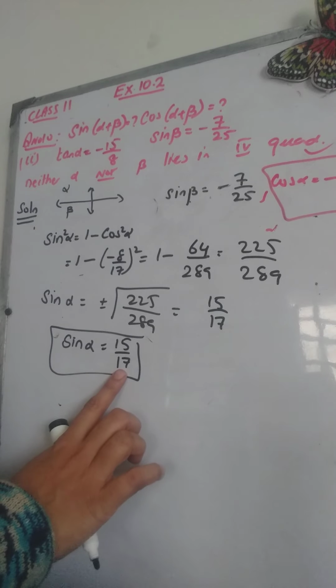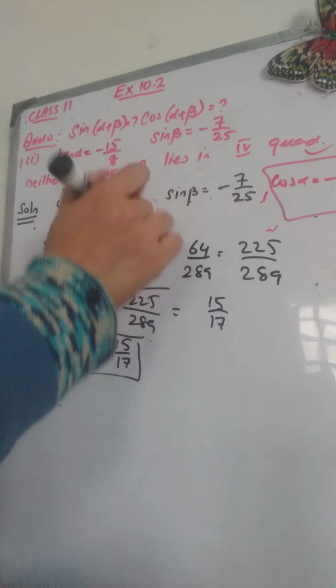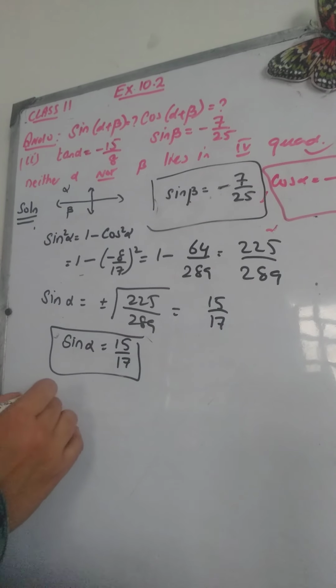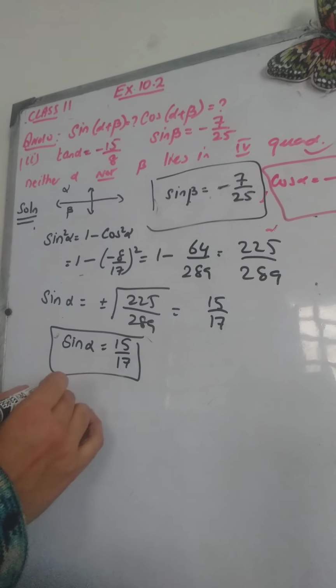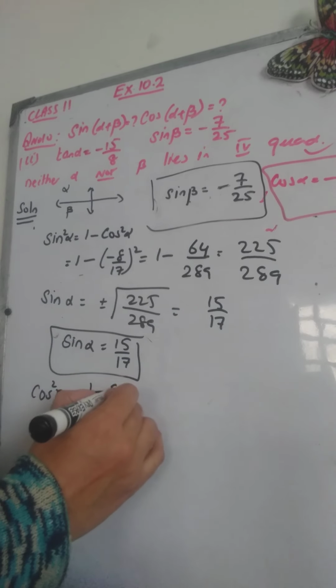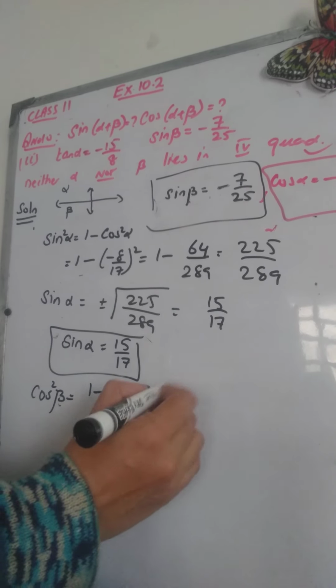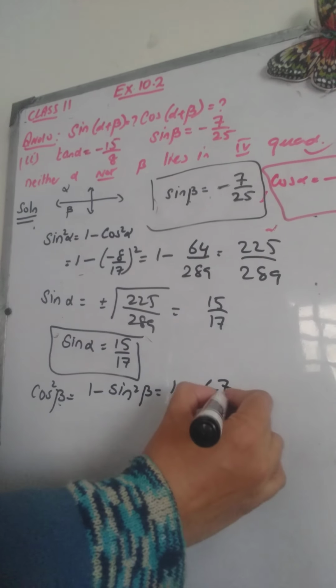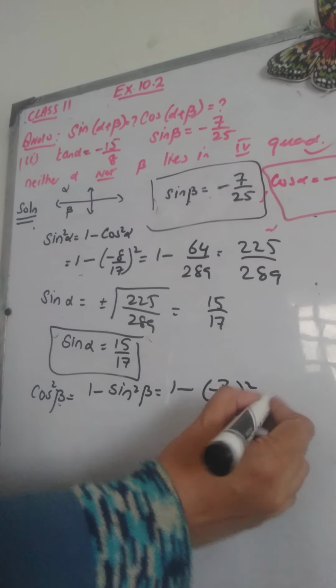So sin alpha, cos alpha, and sin beta are now known to us. The only thing which is unknown now is cos of beta. Cos square beta is equal to 1 minus sin square beta. 1 minus what is sin beta? Negative 7 over 25 whole square, which is equal to